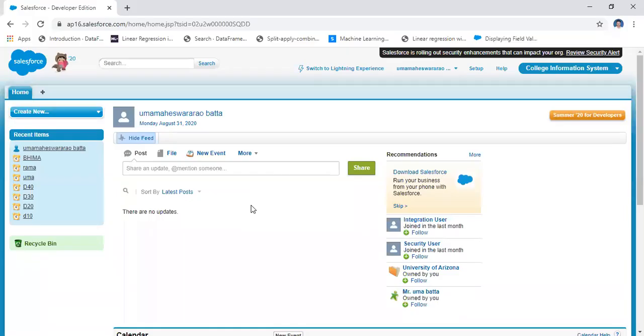That means first you create an application. How can you create the application? Once again, repeat: go to Setup, and then go to Build. The left navigator shows the Build. Under Build you have a Create option. Under the Create option there is an App. Click on App, then they will ask for the application name and different things.